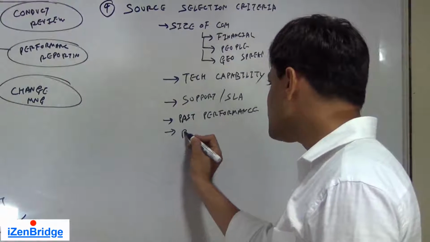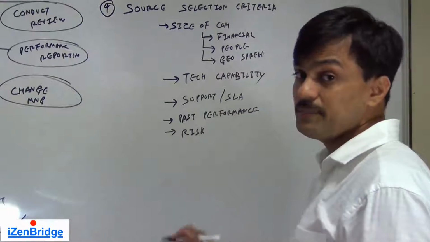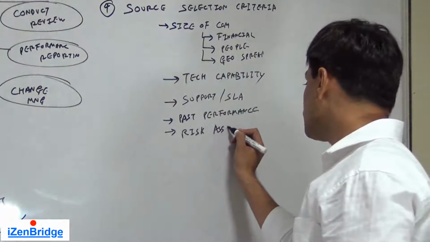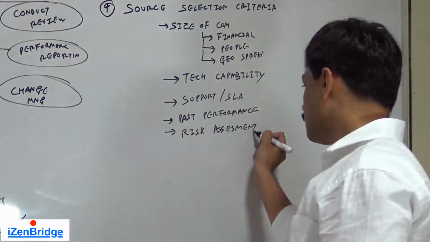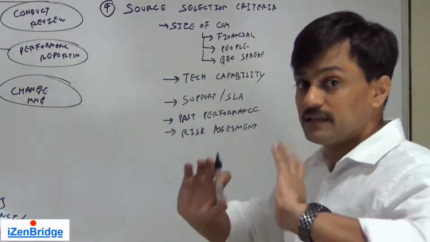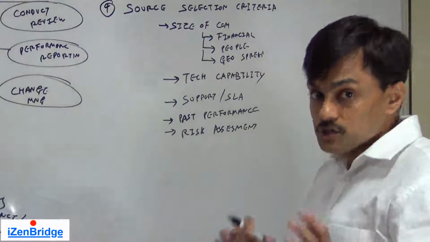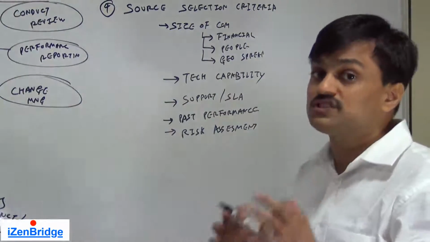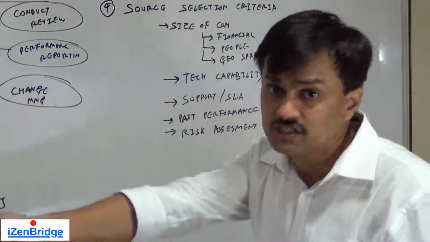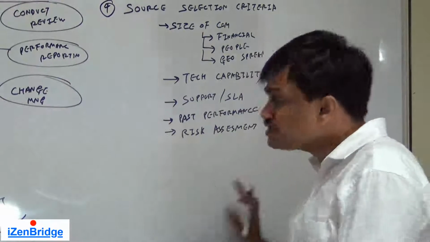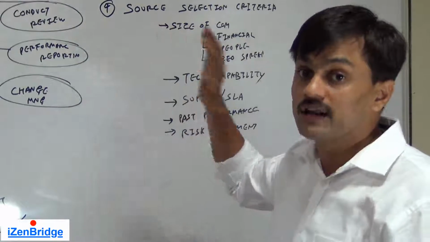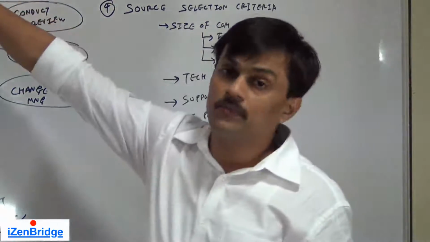Risk factors. How risky is this vendor? Will he be able to sustain for another 10 years? So we may use a risk assessment. For example, we are a big company and whenever we produce a project, the product runs for at least 10 years. So the company we are procuring from should be able to sustain or support their part of work for the next 10 years. So we may do a risk assessment. These kinds of criteria are used in order to identify or recommend during conduct procurement.